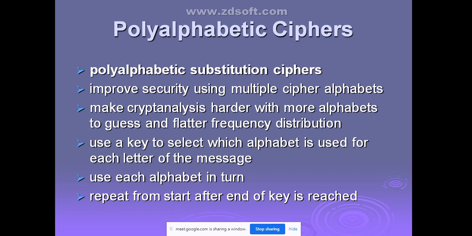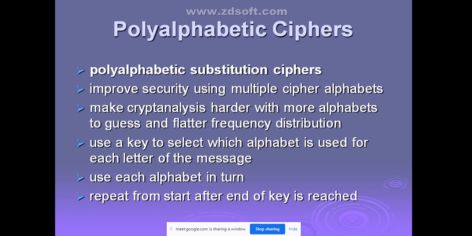So this is the second type of multi-letter substitution technique, that is the polyalphabetic cipher. The name itself indicates: poly means many, alphabetic, that means multiple letter substitution technique. You can also call this polyalphabetic cipher a polyalphabetic substitution cipher. That means it is going to have multiple monoalphabetic substitution ciphers. Already we have studied monoalphabetic cipher. So multiple monoalphabetic ciphers you are going to use within the polyalphabetic cipher.